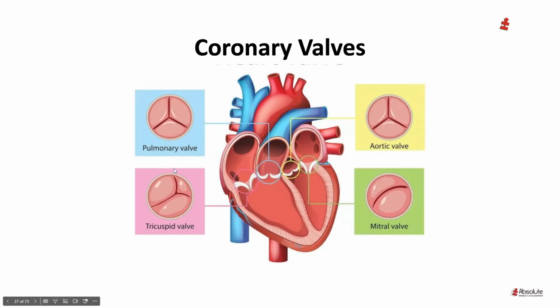We know that, right? If you're an MCDC student, you know we talked about chamber, valve, chamber, valve, or chamber, door, chamber, door. The doors are the valves, and you've got four of them. So when you go from the right atrium into the right ventricle, you have to go through a door. And this first door is the tricuspid valve.